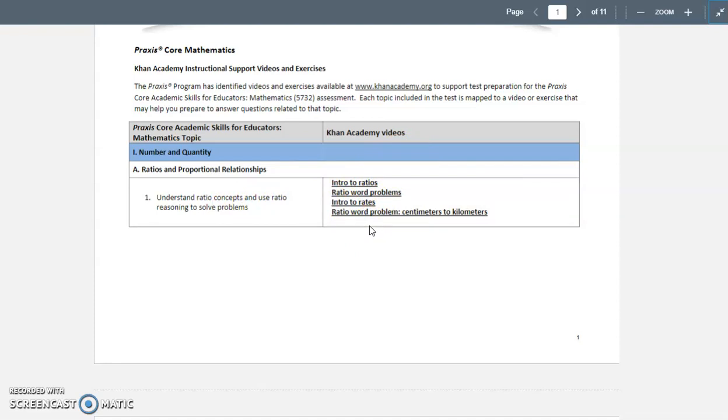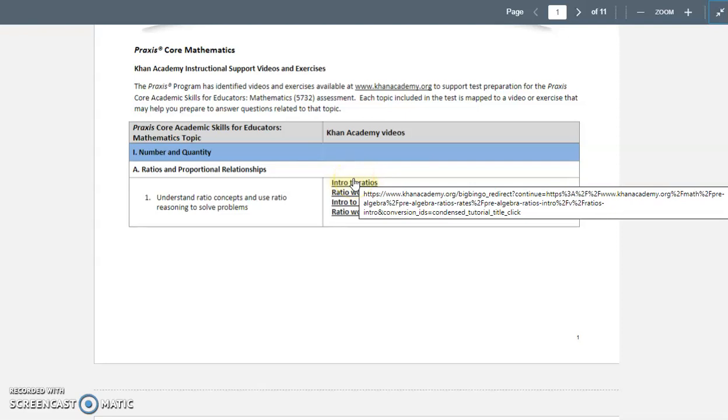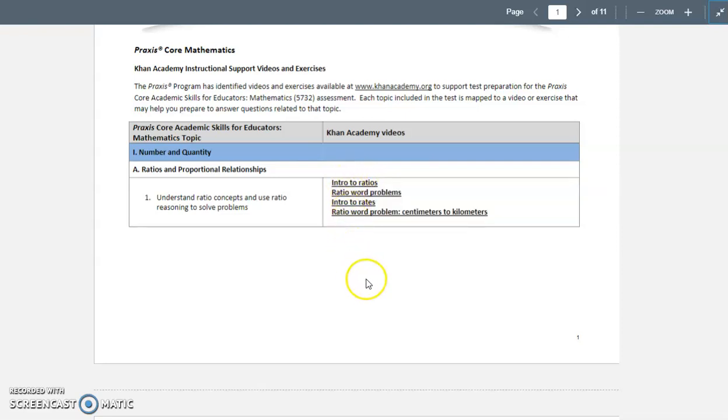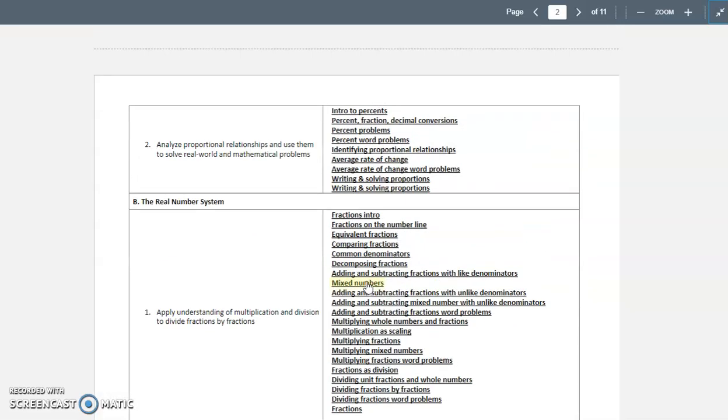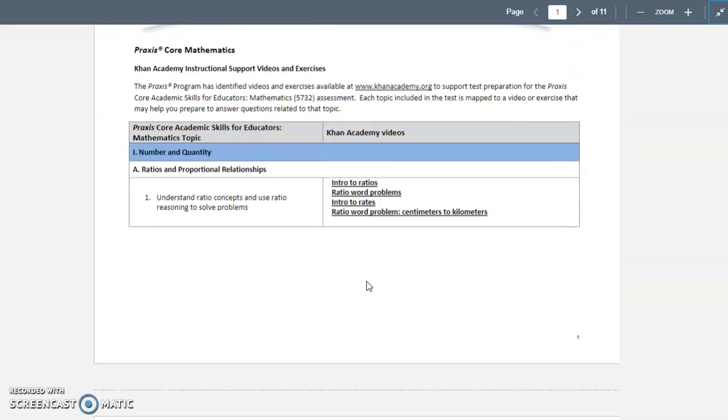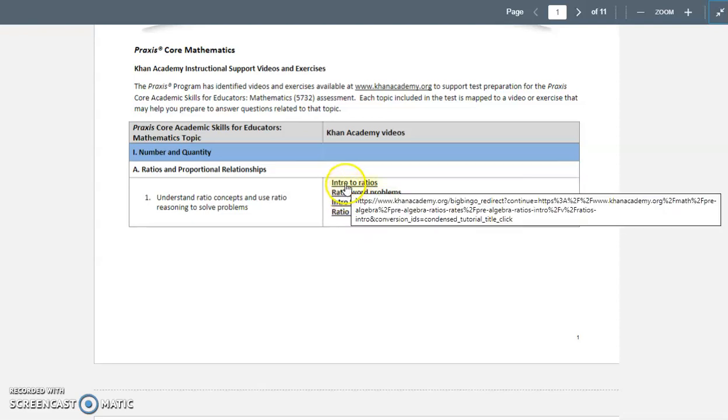So you'll be able to jump into ratios, how ratios look in word problems, for example. You'll also have opportunities to practice. So what I'm going to do is just open one of these. Now, all of these are linked, so it's important that you keep coming back to this document. And it might not be a bad idea to download this as well so that you can quickly open it up on your computer and go back to where you left off. So let's open up Intro to Ratios.